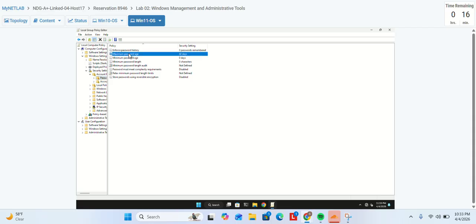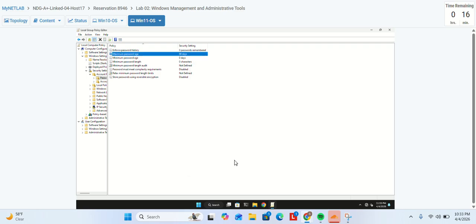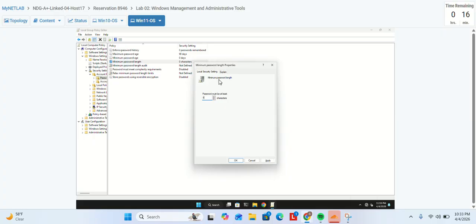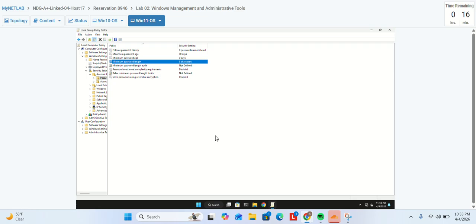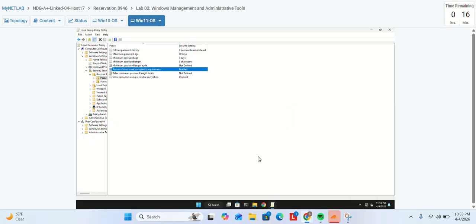change the maximum password age to 90 days, and then the minimum password length will be 8 characters, and the password complexity requirements will be enabled. So after this change,